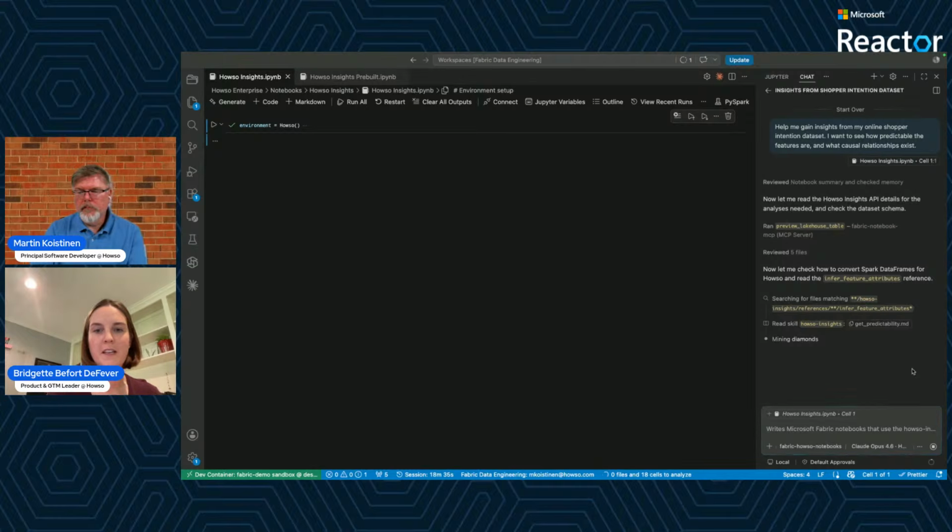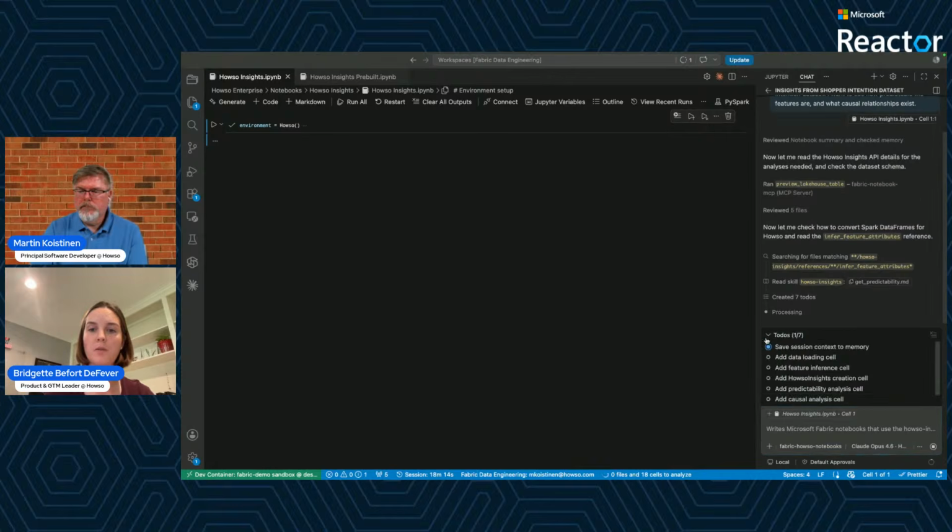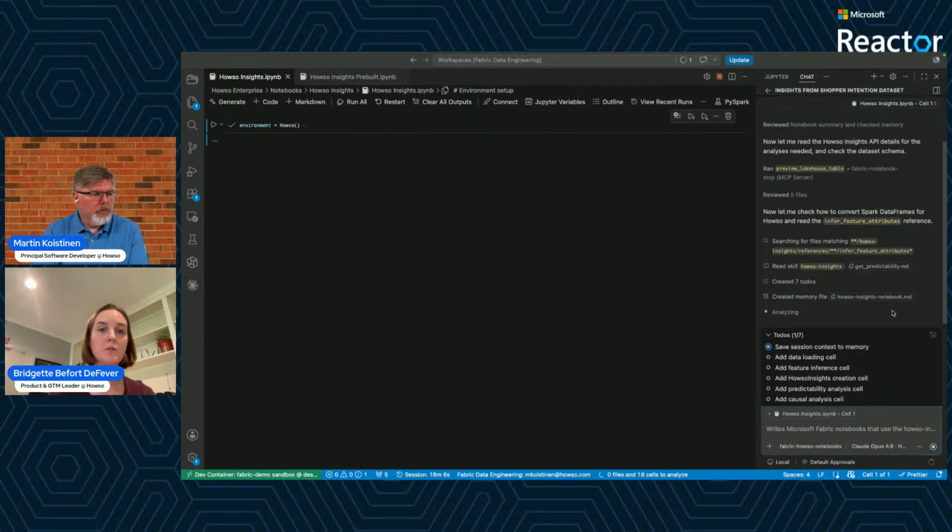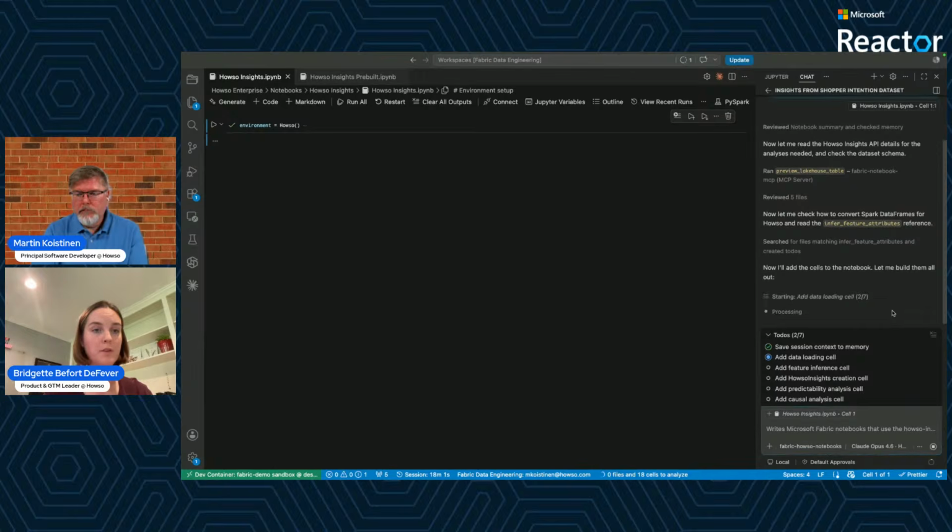Yep, so this is just a data set that mimics a lot of use cases that we see with some of our customers where they're retailers and they're trying to learn something about their customer base. They have a data set. They don't always know what to do with it, nor do they always have the skills to go and interrogate the data that they're often wanting to interrogate. And so here, hopefully, what we'll show you is how we work with our customers to use new tools like LLMs and skills to be able to use Howso to generate insights fairly easily that can help them learn more about their shoppers so that they can increase their sales.